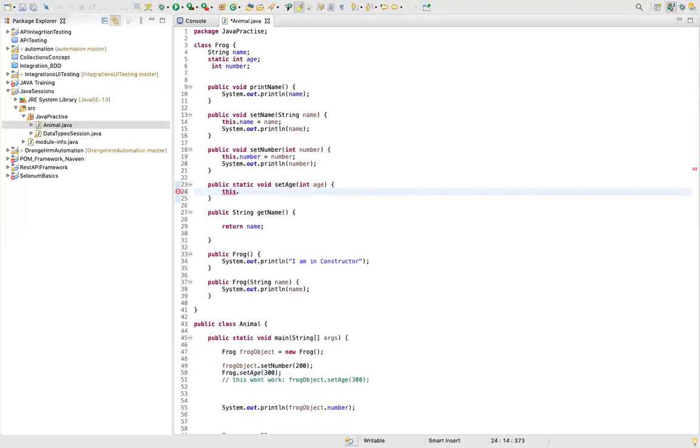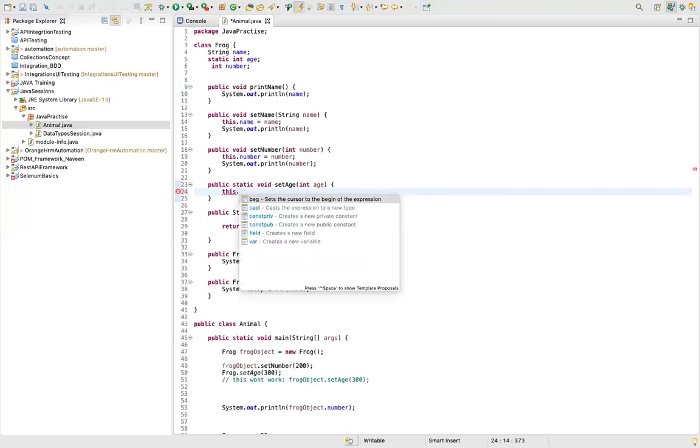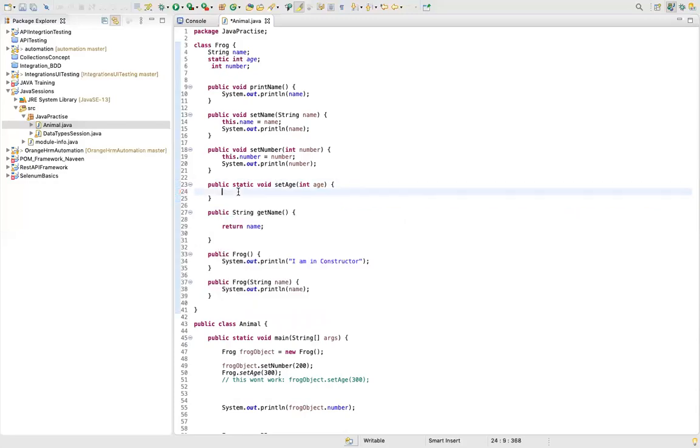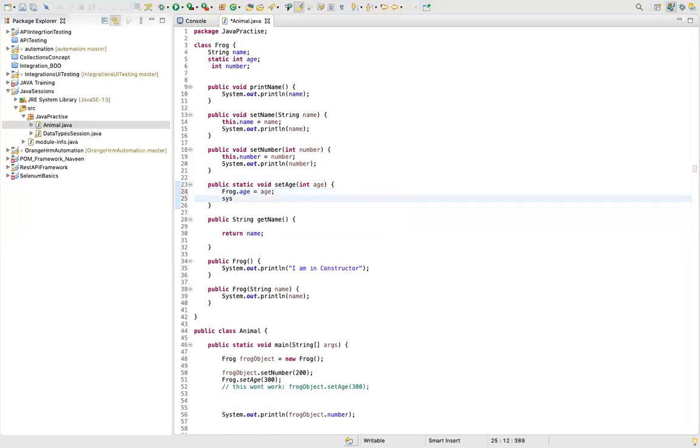Maybe you're not getting this.age. Can you see? Because this is a static method. How can you access? You can say Frog.age equals age. Are you getting my point? Now if I have to print this, let's say print age. It's printing this age.